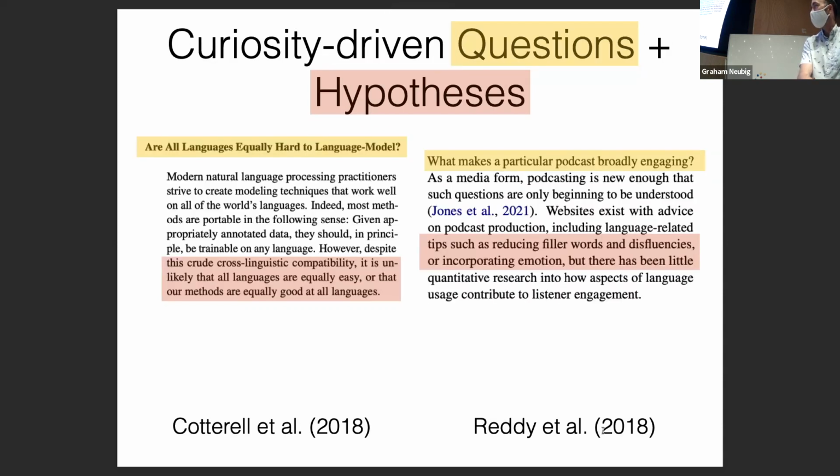Sorry, actually, this is the wrong citation, but you can look for podcast in the citations and you should be able to